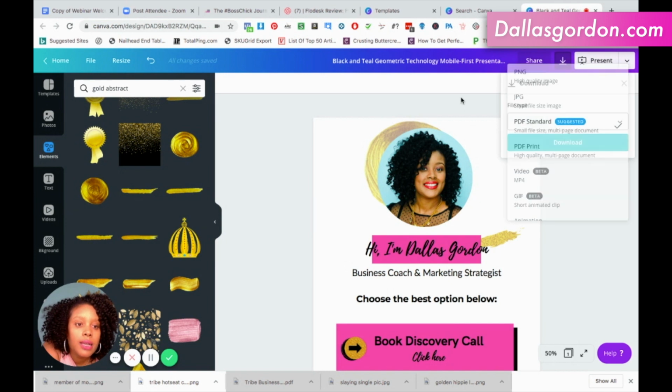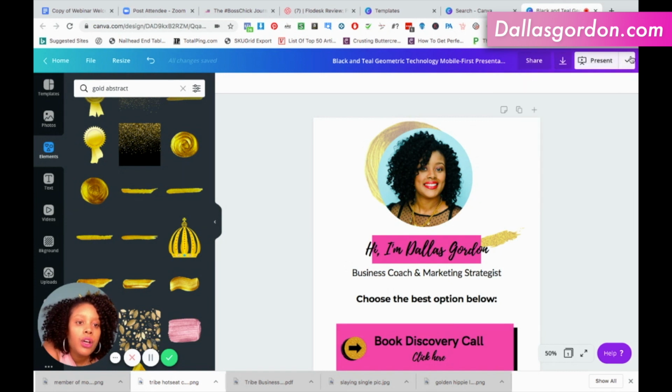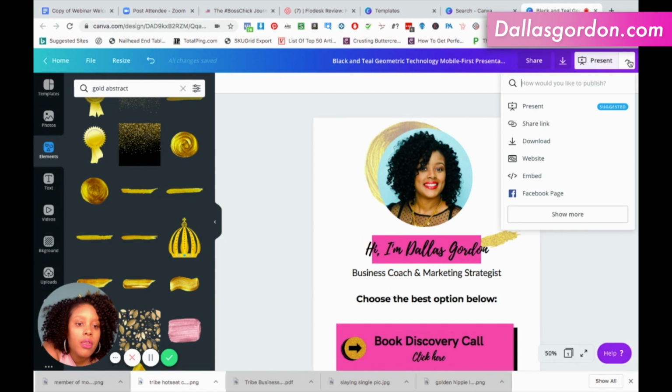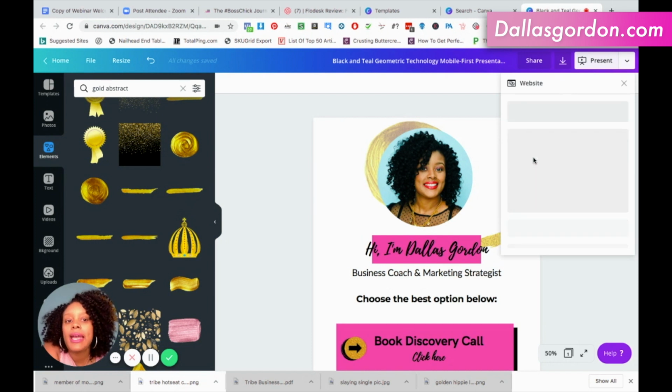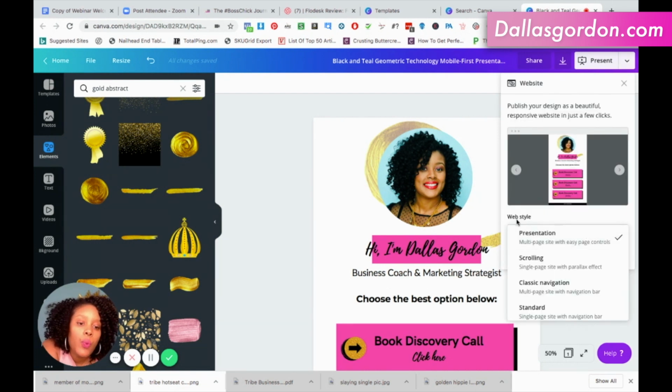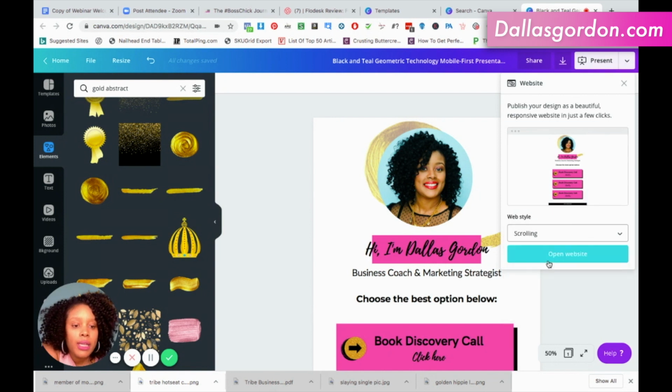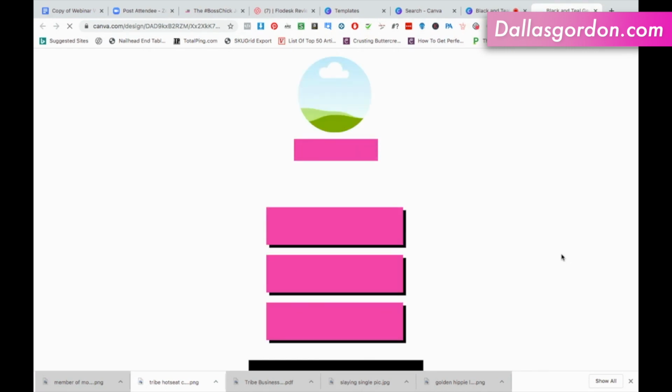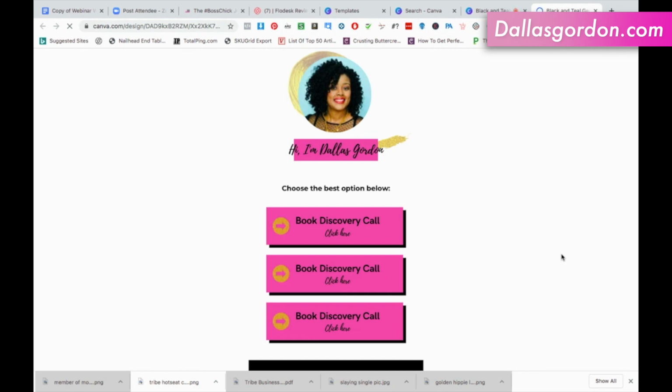let's see, that's not it. We want to go to this presentation drop down, and we want to go down to website, okay? Because we want it to be a site. So at the bottom of here, for website, I'm going to change it to scrolling, and then I'm going to click open my website. So once I click open my website, our beautiful mobile presentation is hosted and everything,